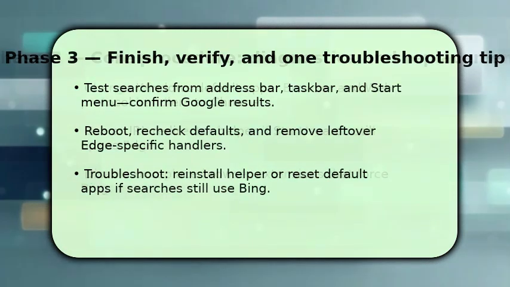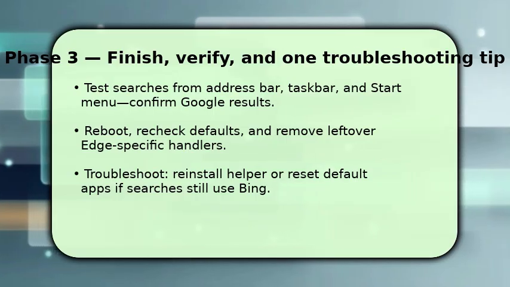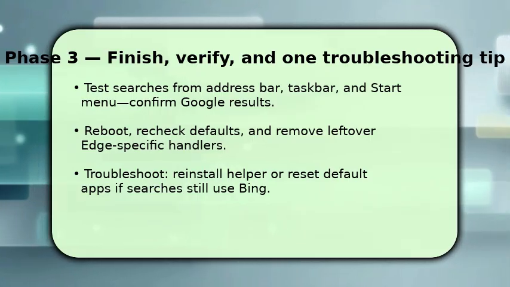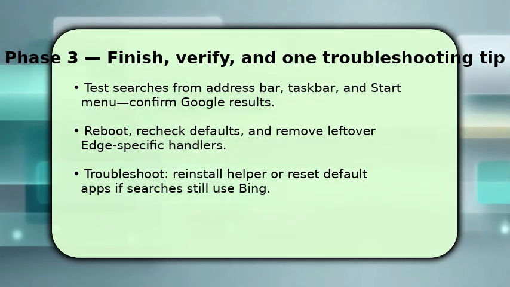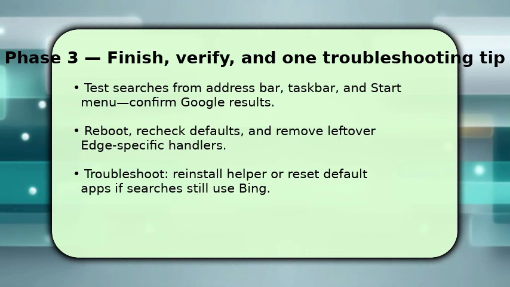To finish, reboot and run searches from the address bar, taskbar, and start menu to verify Google handles them all. If any still go to Bing, reopen default apps and reconfirm Chrome for HTTP, HTTPS, and the browser role, then reinstall or update the redirect helper and allow it as the protocol handler. If problems persist, reset the default apps to Chrome and retry. One troubleshooting tip: if Start Search still opens Edge, reinstall the redirect helper and grant it default protocol status to resolve the